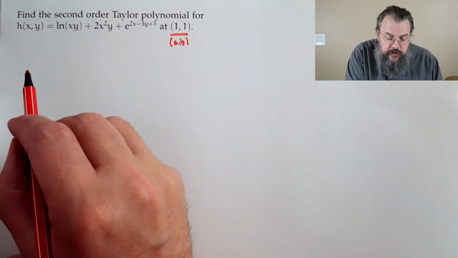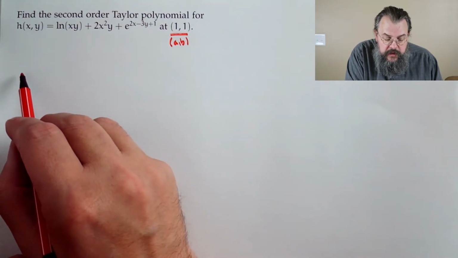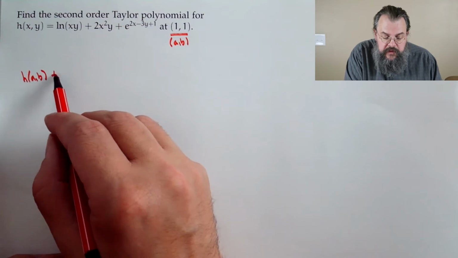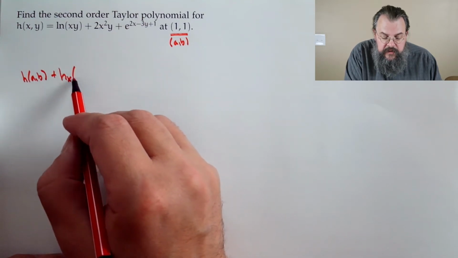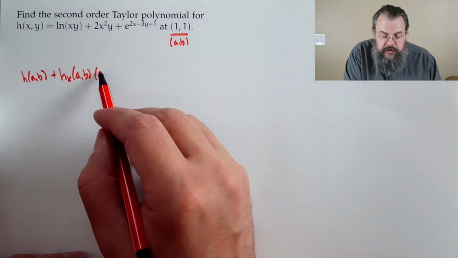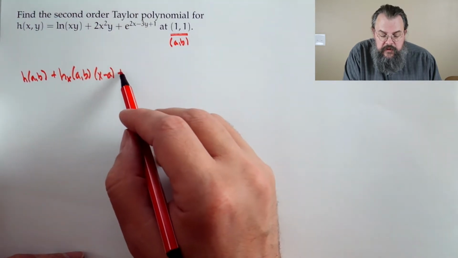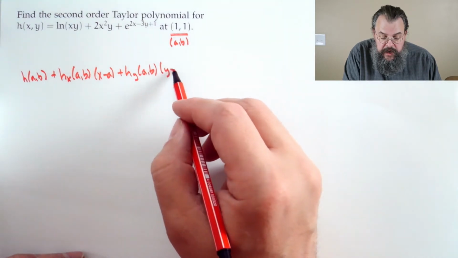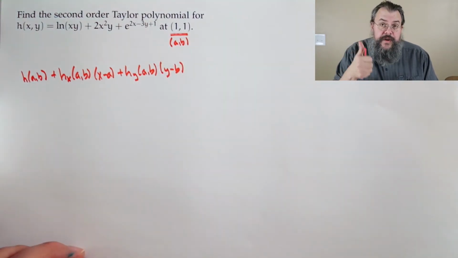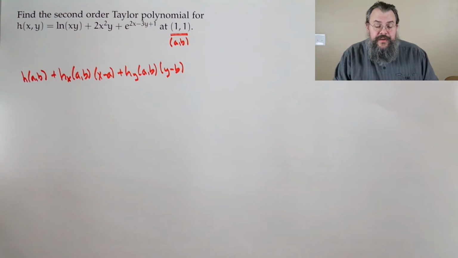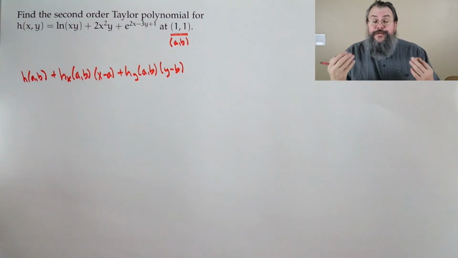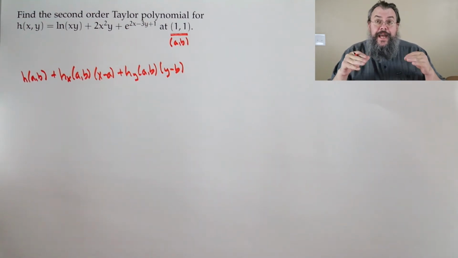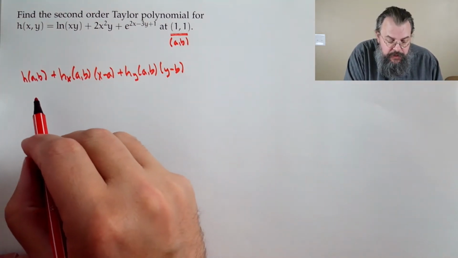So the second order Taylor polynomial will be the function at the point, h of (a, b), plus the derivative with respect to x at (a, b) times x minus a, plus the derivative with respect to y at (a, b) times y minus b. So in other words, the function, you can think of it as the zeroth derivative. Then we have the first derivative. So far, feeling very tangent plane-y. The second order says, hey, more derivatives. So plus